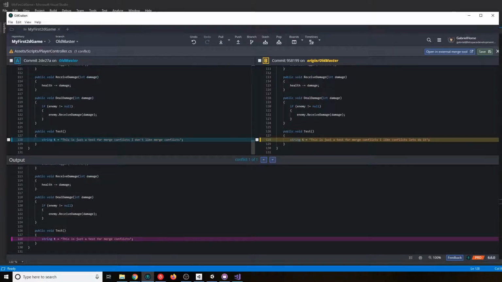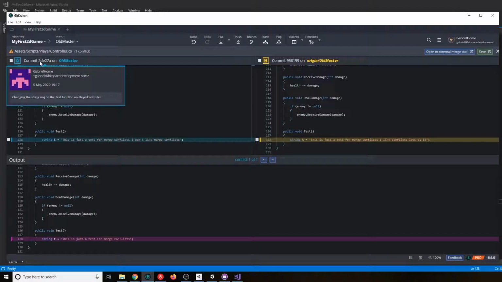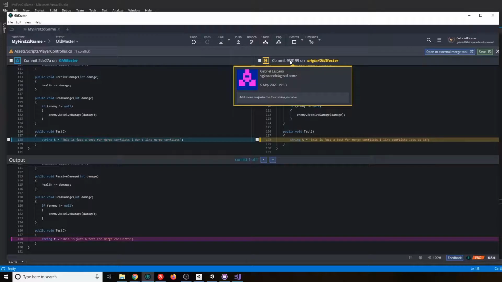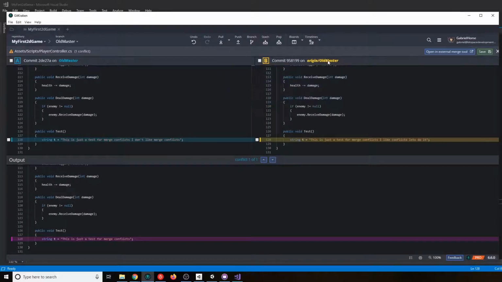But here you will see, okay, I, Gabriel, in my local branch, did this change. I added the conflict. I don't like merge conflicts. And I, Gabriel, let's say another developer, in the origin, so this is on the remote branch, on the server from GitHub, did a change that says, I like the conflicts, let's do it.